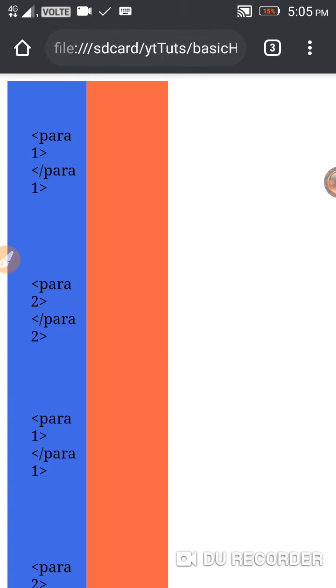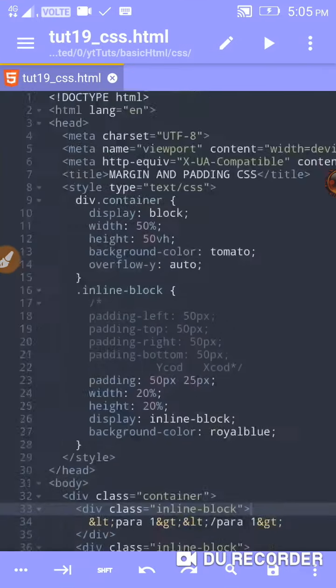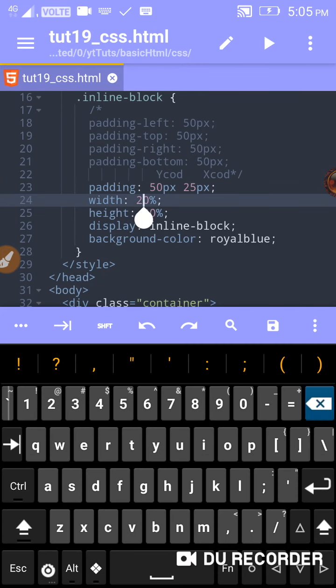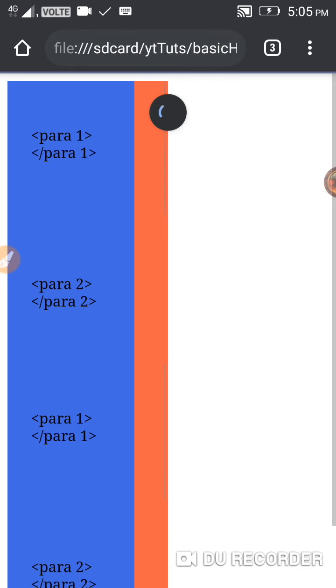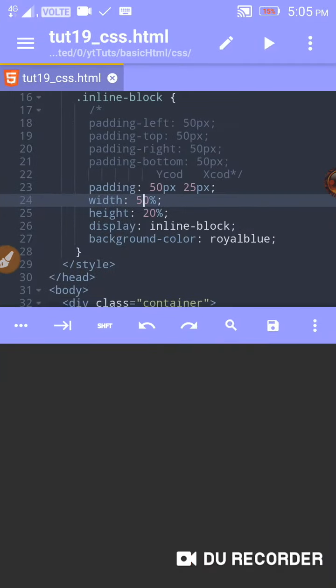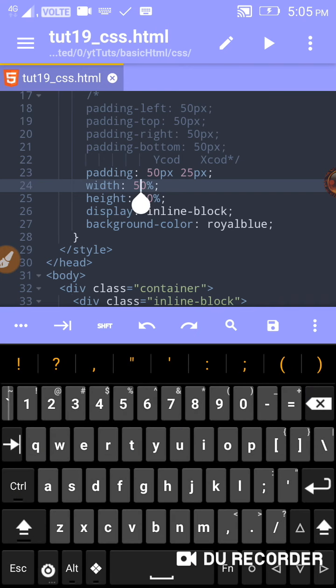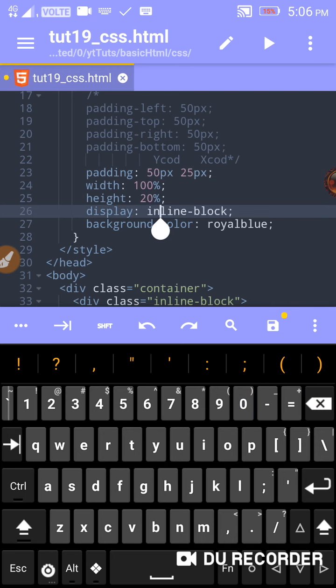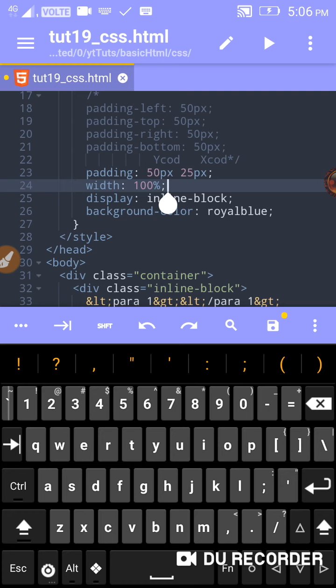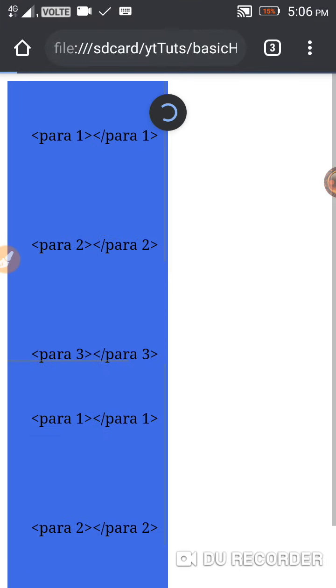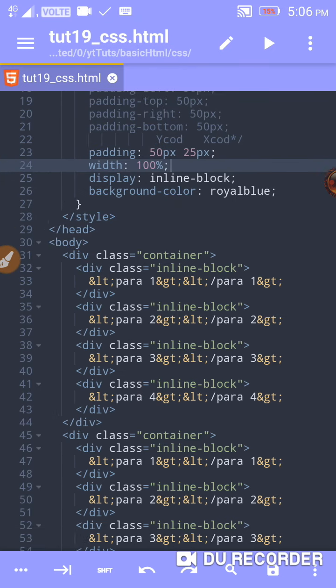If you look like this, sorry, I think I should make it 50%. It's going to take, I think it's going to cover everything. I think it's not going to cover. Why is it getting like this? Oh, I'm not going to use anything, just make inline block width and height very less, give it 100%, and cut this height here. This is very annoying to me. I'm just using a br tag here